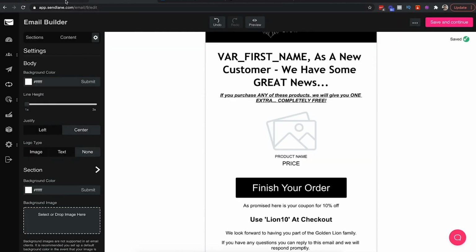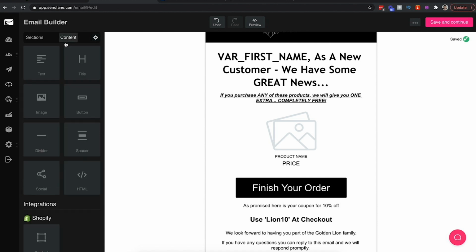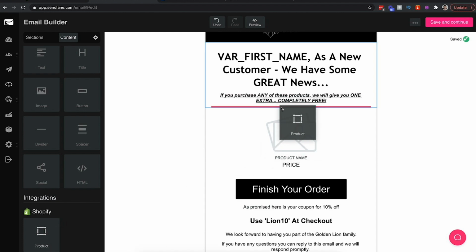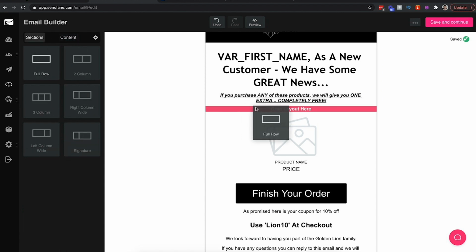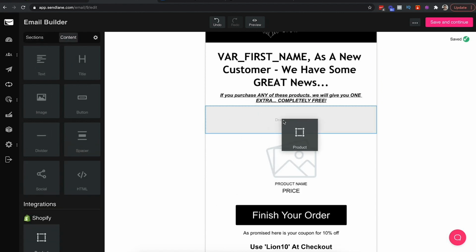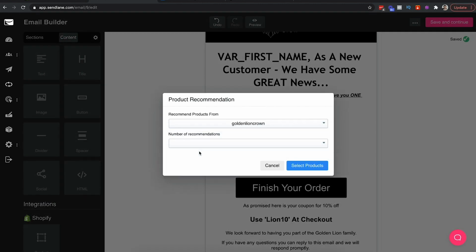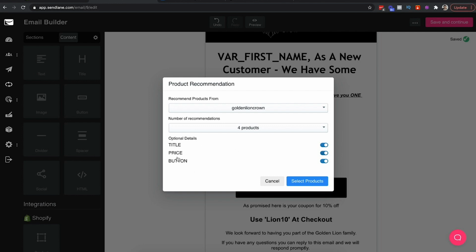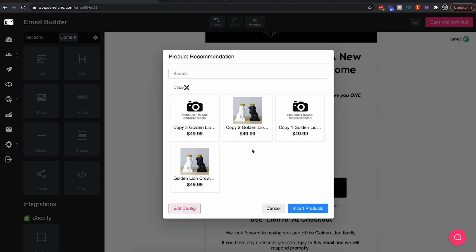So now that we have 4 products in here, I'm going to show you what to do in regards to this section. So first things first, I'm going to click on content, and you see where it says integrations Shopify. I'm going to drag and drop the product right, you know what I'm going to do? Before I do that, I'm going to click on sections, full row. I'm going to make this its own row, and recommend products from Golden Lion. Number of recommendations, 4. And I'm going to have the title, price, and button, select products, and product image coming